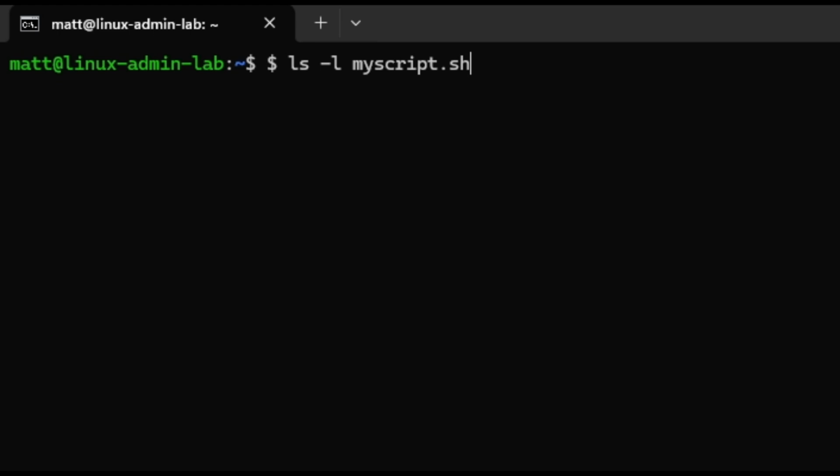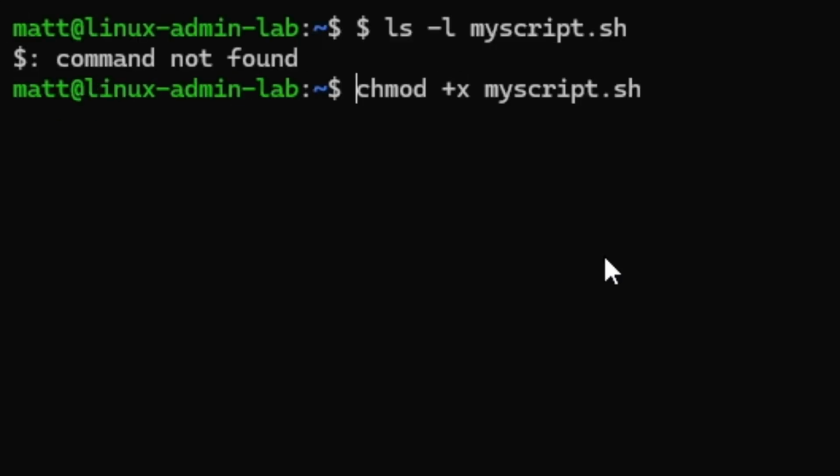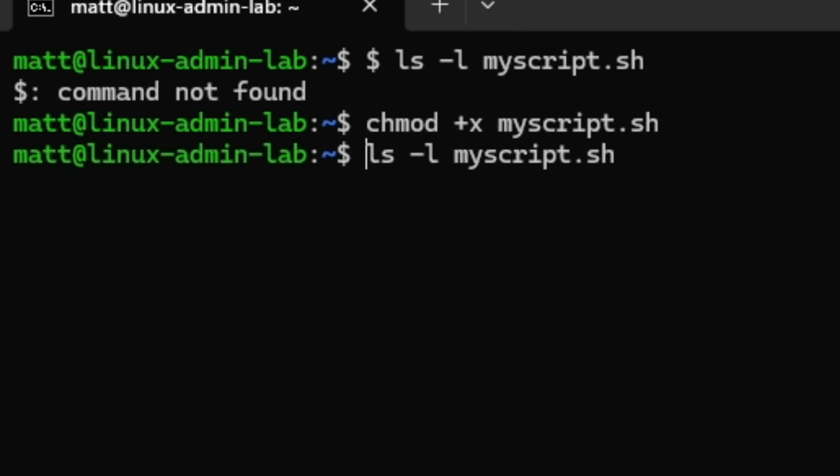If it's a file you own but still get denied, check the permissions. This means the owner, Matt, can read and write but cannot execute it. To make it runnable, type in chmod +x myscript.sh. Press enter, and now we're going to verify that with ls -l